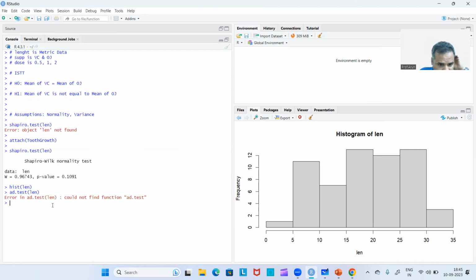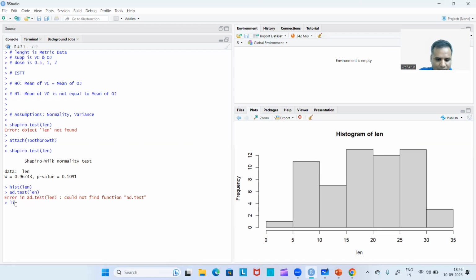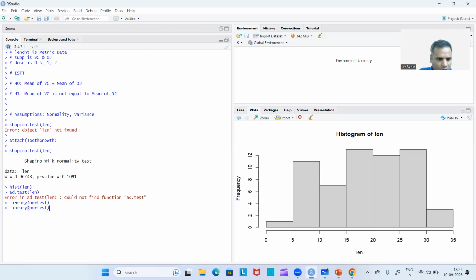ये क्या हो रहा है? कुड नॉट फाइंड फंक्शन ad.test, क्या बात हो गई भाई? उसका नाम क्या था? एक सेकंड, एंडरसन डार्लिंग ही टेस्ट था ना? AD टेस्ट। अच्छा, पैकेज चाहिए, AD डॉट टेस्ट नहीं ले रहा, इसको लाइब्रेरी nortest चाहिए शायद। अभी ad.test करूं। हाँ, देखो यहाँ पर भी मेरा p वैल्यू इज ग्रेटर देन 0.05।